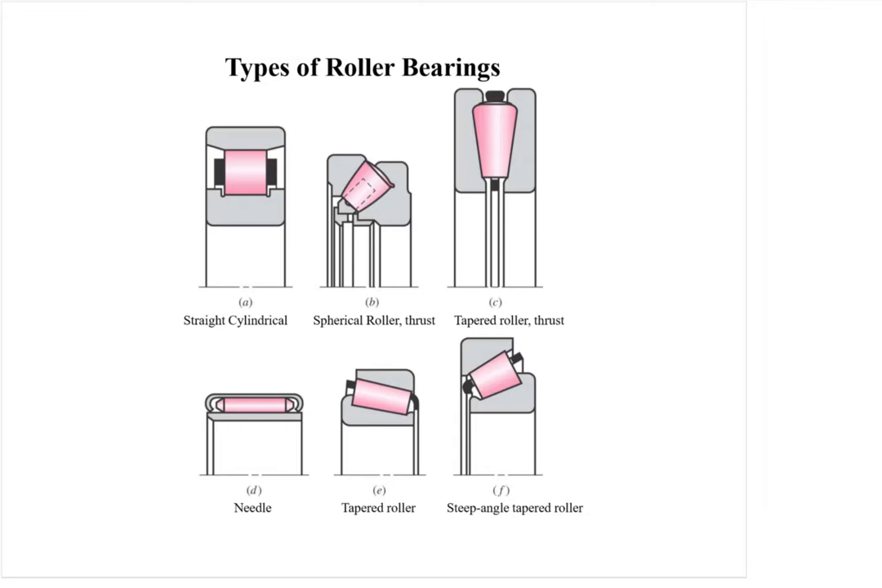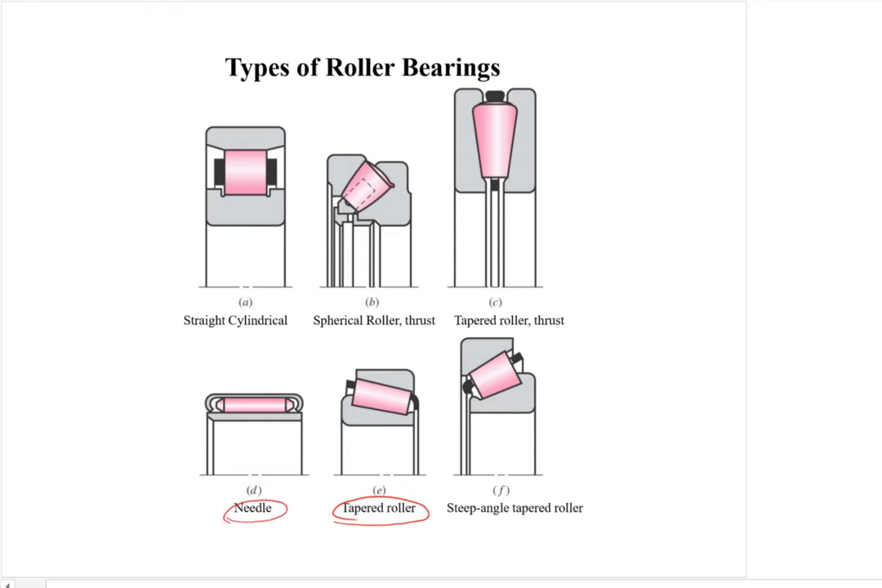A bunch of different types of roller bearings. There's straight cylindrical, spherical roller bearings, tapered rollers, needle bearings, tapered roller for thrust, and steep angle tapered roller. These all have their own specific applications. I've seen a lot of needle bearings. Obviously, I've seen a lot of roller bearings in general. Usually, I've seen a lot of tapered roller